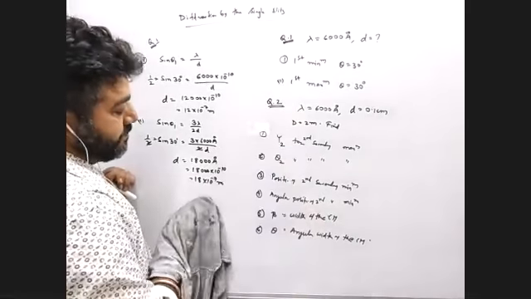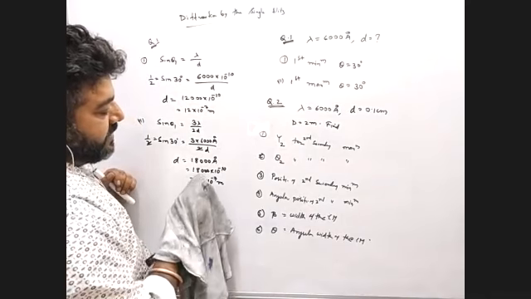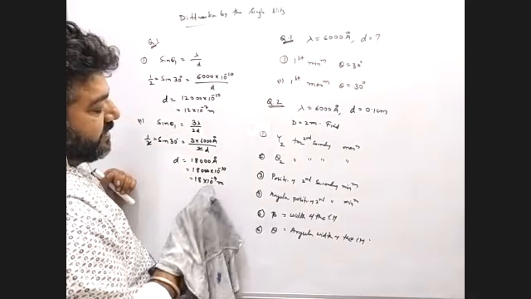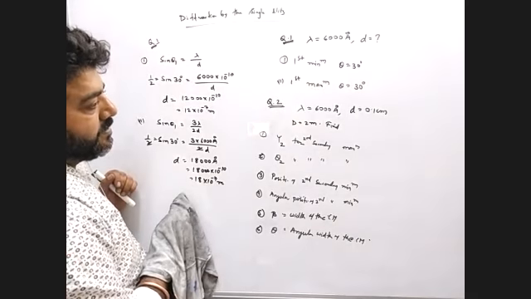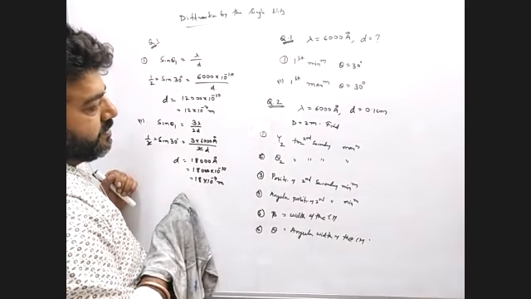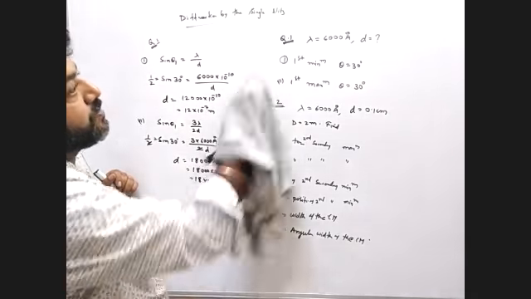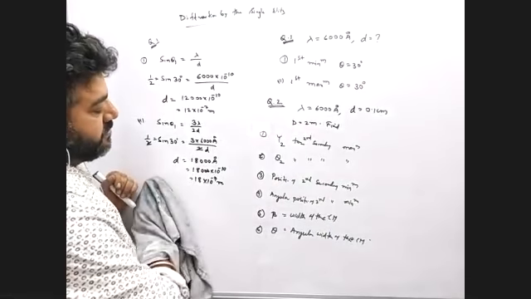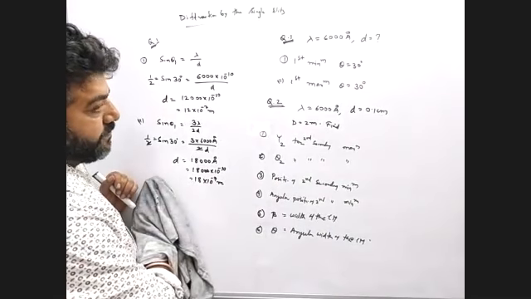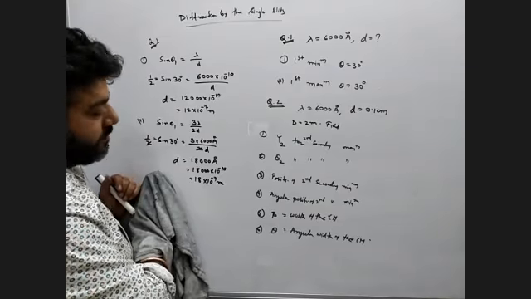Sir, minus 7 how? Here there is 3, here there is minus 10, so minus 7. I have written 18. Sir, below it is 0 point. No. First question. Okay.